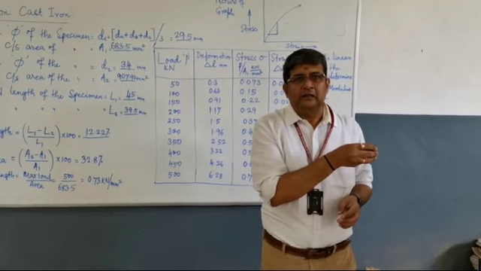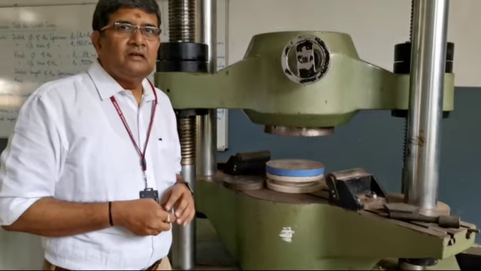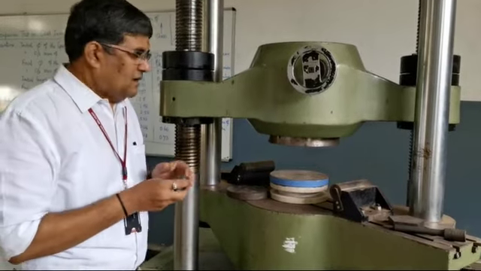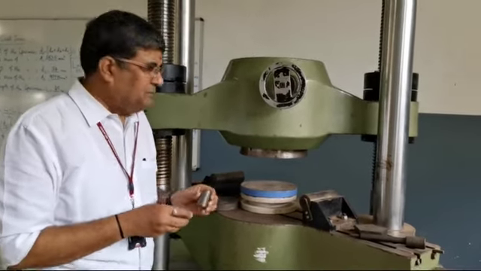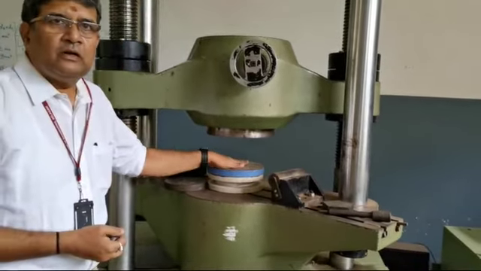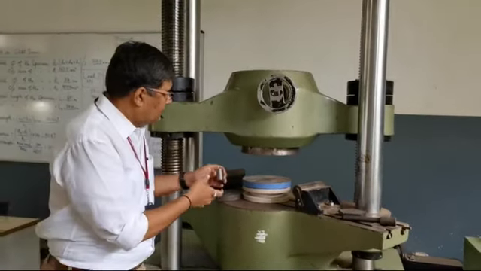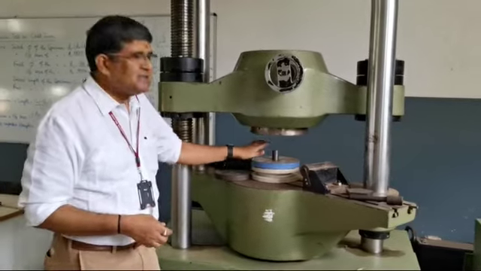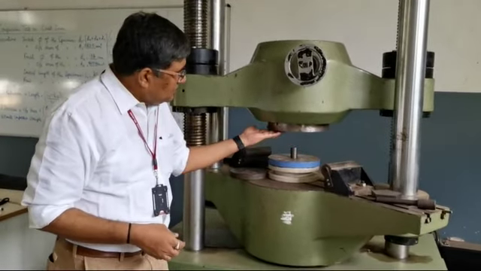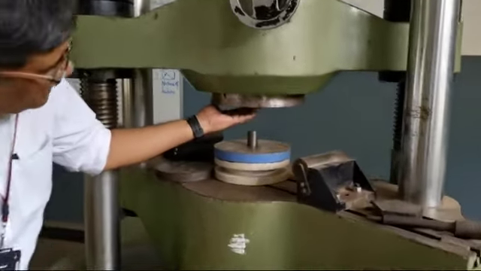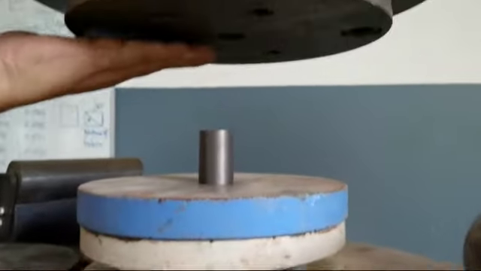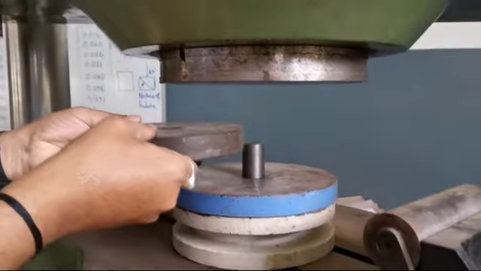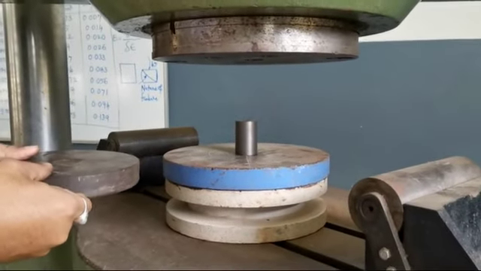Now I will show you how the specimen is going to be mounted and how we are going to actually conduct the experiment. So this is the universal testing machine on which we are going to conduct the test. The specimen will be placed on the lower jaw or the lower platform, and it has to be placed exactly at the center. Now, as I said, since cast iron is a very hard material, just to ensure that there is enough support, we are going to use this plate and place it on the specimen and then start the loading process.